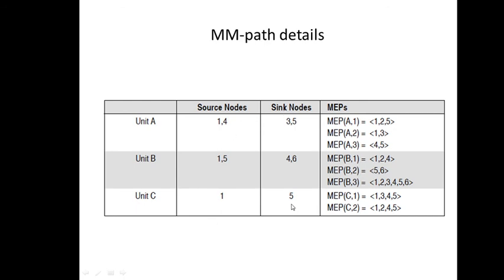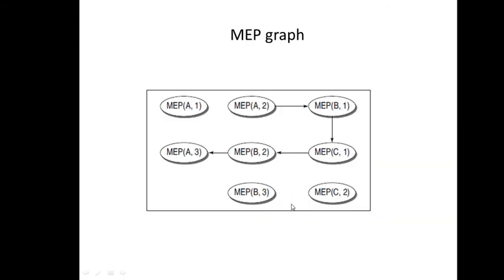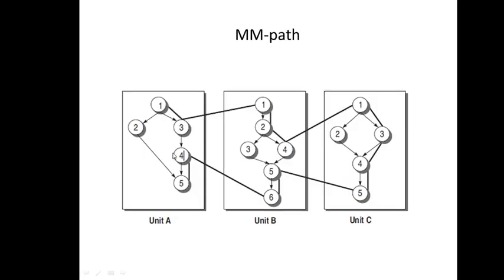Once this is developed, now we have to make an MEP graph. So for this MEP graph we will be taking the MEPs, right? And we'll see according to this. MEPs are the paths that we have identified. 3 paths were present in this, 3 paths were present in this, and 3 paths were present in this. Now we have to check which one calls which. There is a call here between the different units, right?